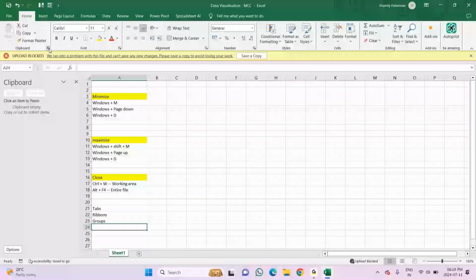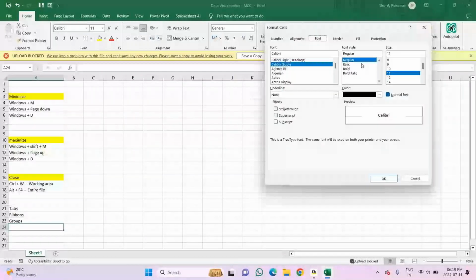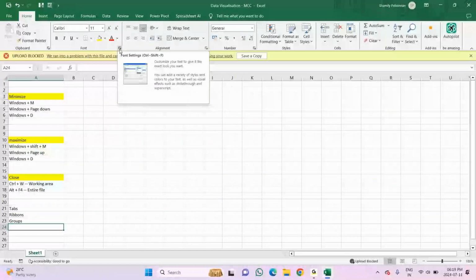Okay, so this is called a launch button. You can call it a launch button, or you can also call it a dialog launcher. Okay, we can call this a dialog launcher, or you can call it a launch button. Dialog launcher or launch button, anything you can say. Next one,